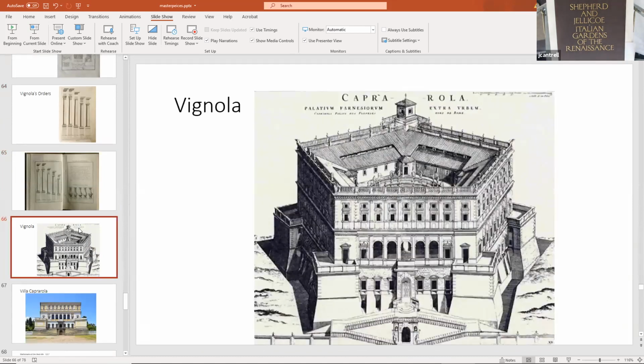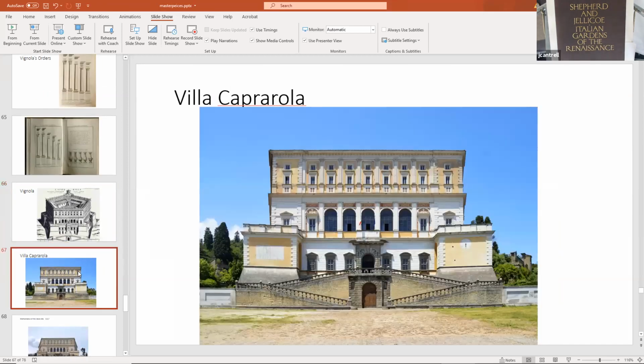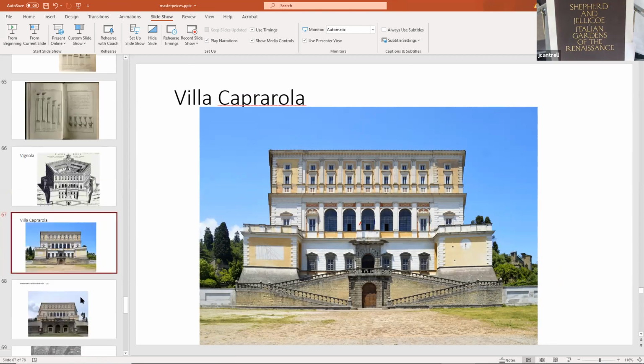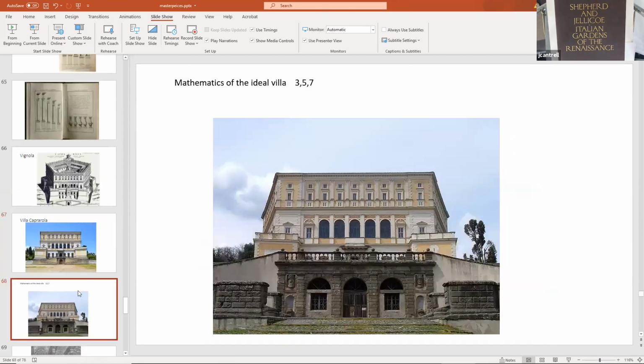So here's some of Vignola's architectural projects. We haven't looked at Vignola for the moment, but we can see this is an incredible pentagon-shaped palazzo there in Italy. All these architects are really mathematicians. They were very emphatic about the proportion of things. If you read Colin Rowe's The Mathematics of the Ideal Villa, what Colin Rowe talks about is the numbering and the math on the facades.